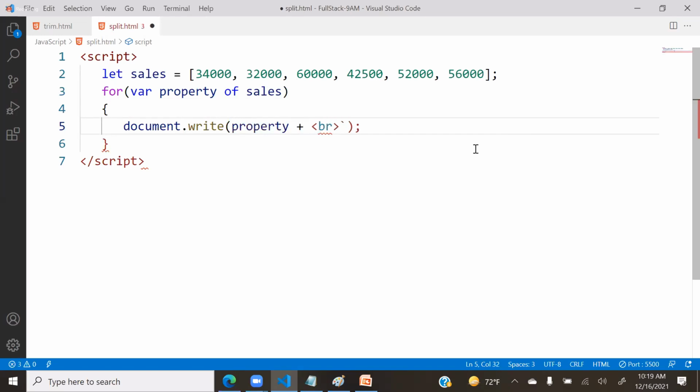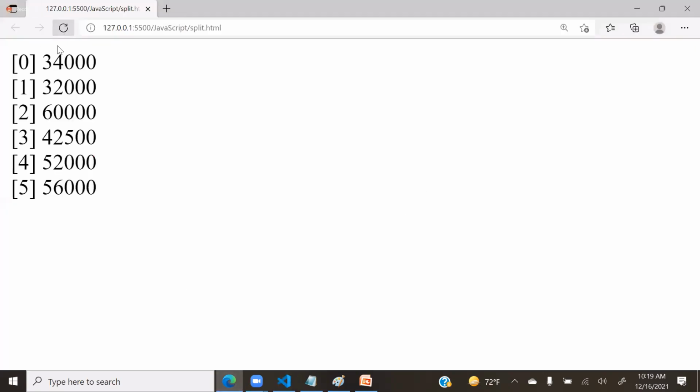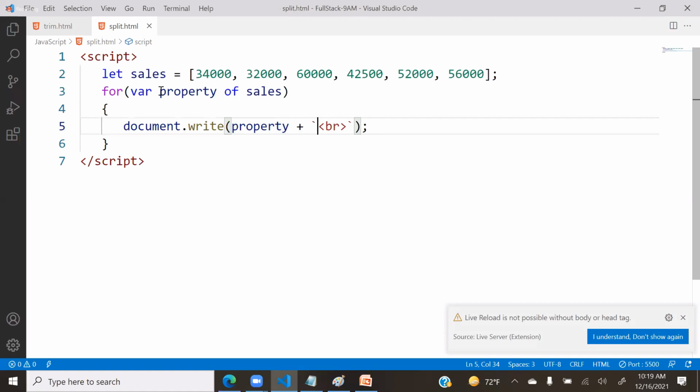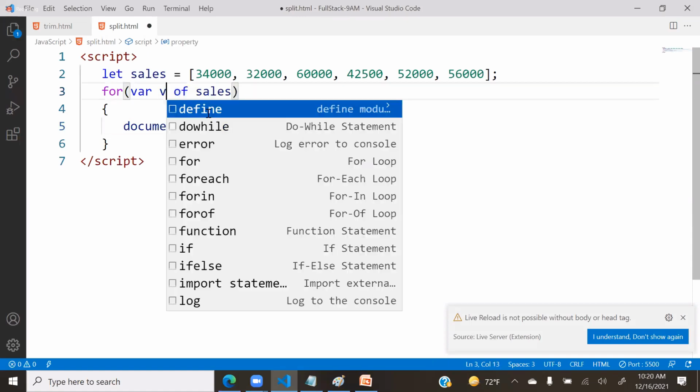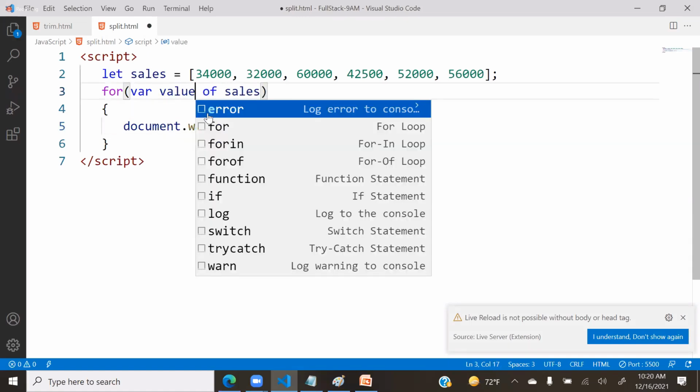Property. We have to print that property and define it. And it will print. Actually, it should give a reasonable name. Here, if you are using off, better use value. You can use anything as the variable name. Right? So the point is,